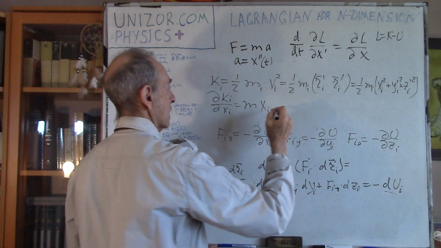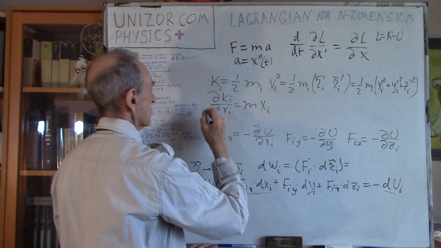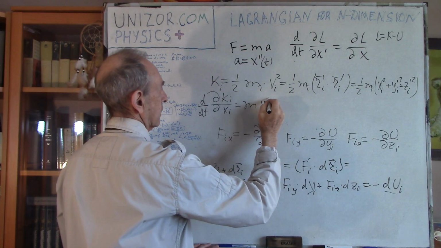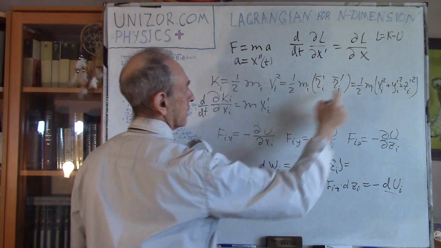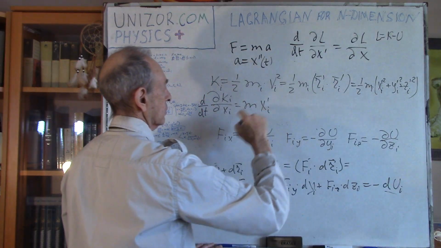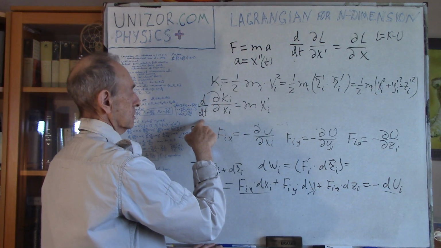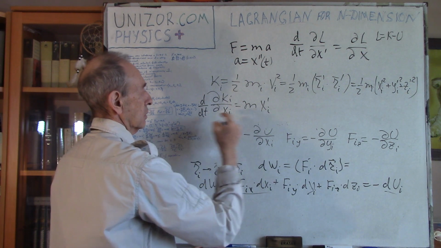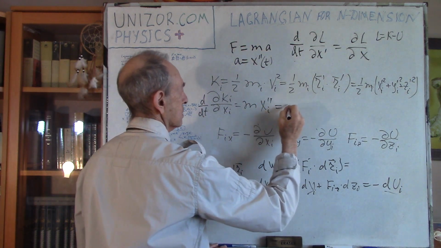Now, if we take the derivative of this by time, d/dt, it was velocity. Now, if you take the derivative by time, you will have the second derivative, which is